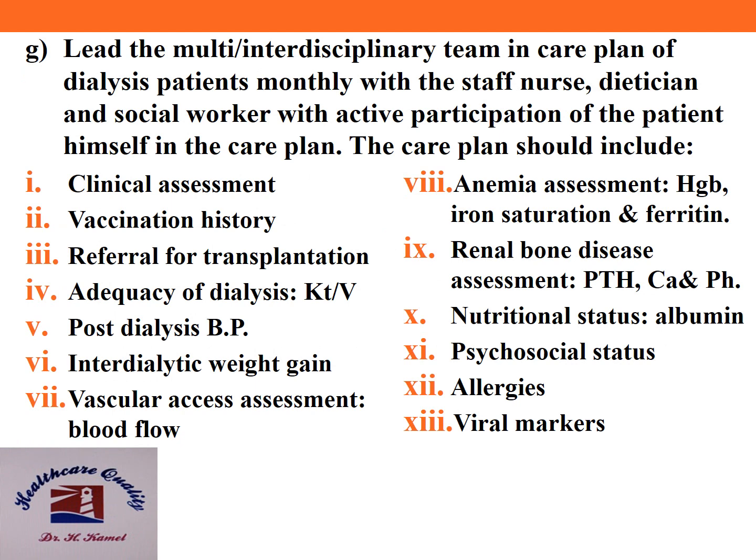G. Leads the multidisciplinary team in care plan of dialysis patients monthly with the staff nurse, dietitian, and social worker, with active participation of the patient himself in the care plan. The care plan should include the following: